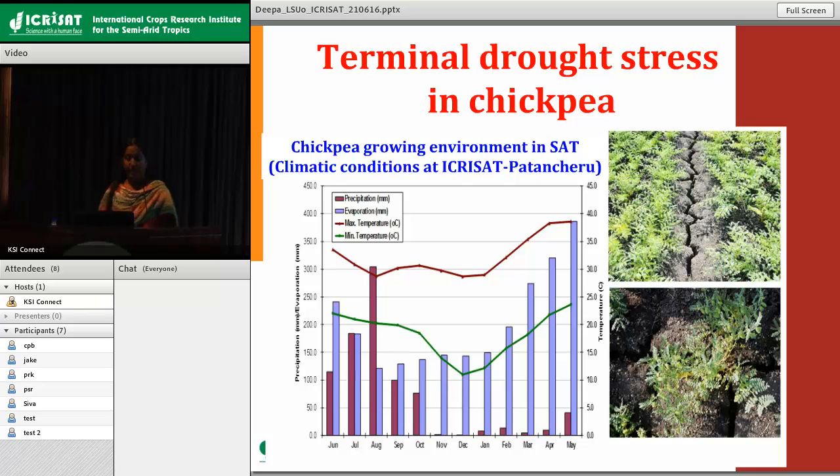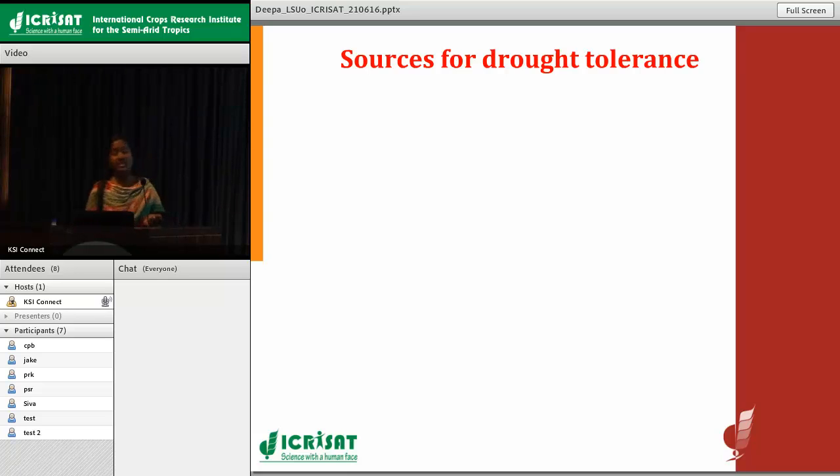Moreover, terminal drought stress is a major stress, as we see in this graph of the climatic conditions of ICRISAT. October is the crop season for chickpea, and during its reproductive stage, like November to December, the precipitation is very less and evaporation is more, so the crop faces terminal drought, which directly affects the yield. So, in order to identify the genetic mechanism and improve drought tolerance, several studies were conducted at ICRISAT in